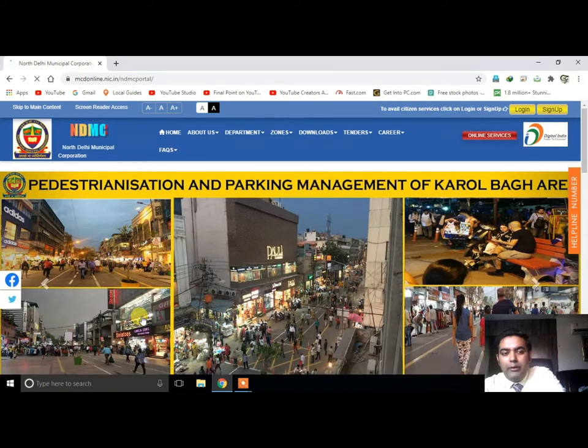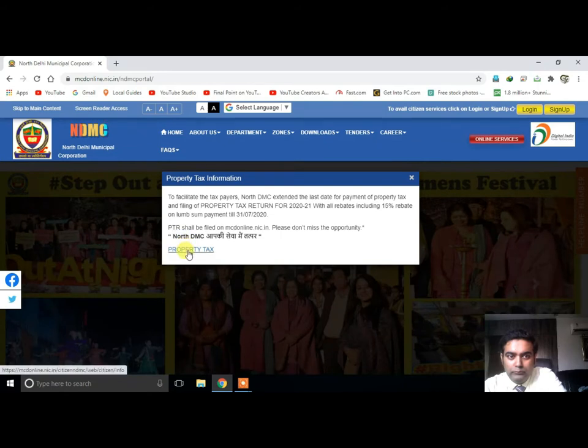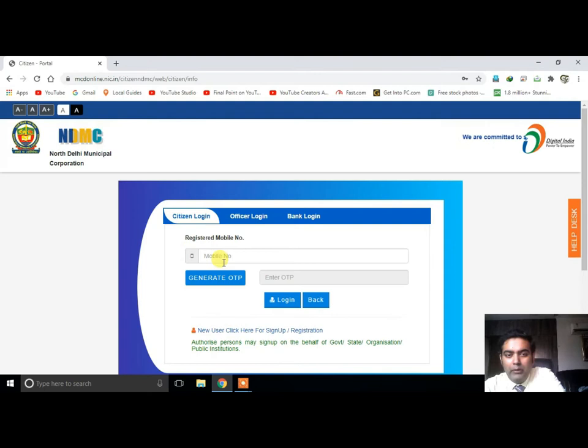After you click on North Delhi Municipal Corporation, the website looks like this. Click on property tax. To file the property tax, first of all you have to get yourself registered with MCD.